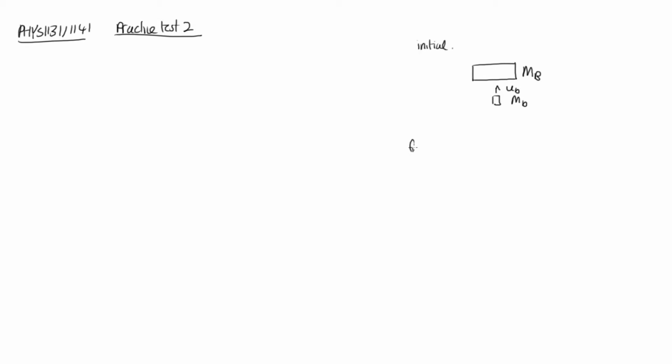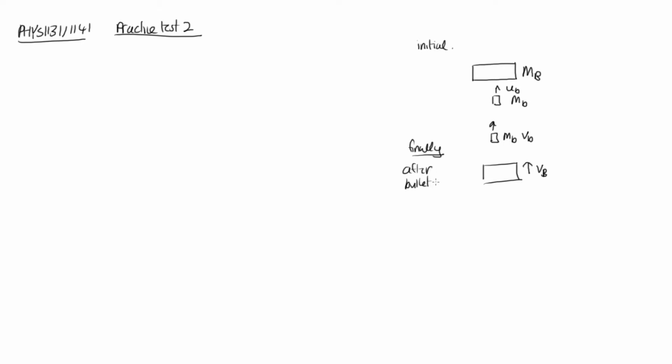And then finally, the bullet passes through the block and continues to move upwards. It's still got the same mass and it's now got some final speed v bullet, but now the block is also moving upwards. So it's got some speed v block. I'm using capital B for the block here. So that's what happens. This is finally after